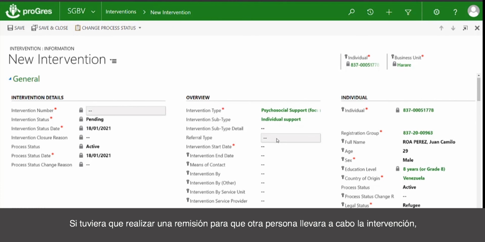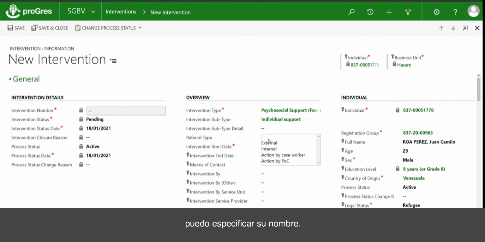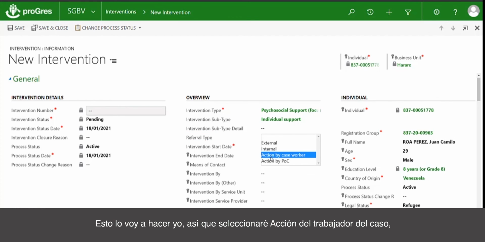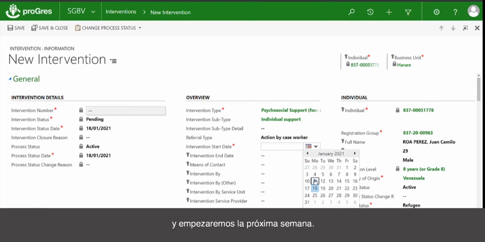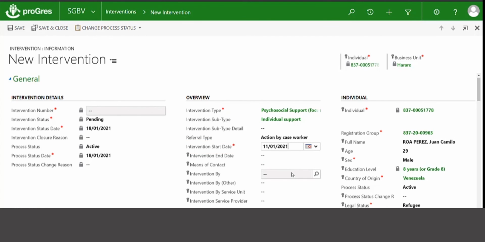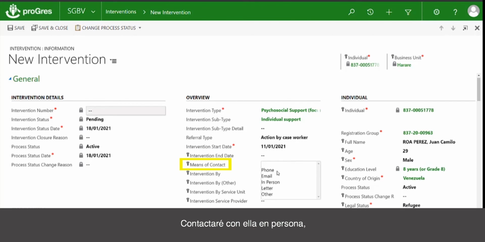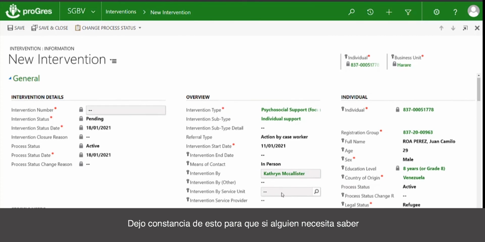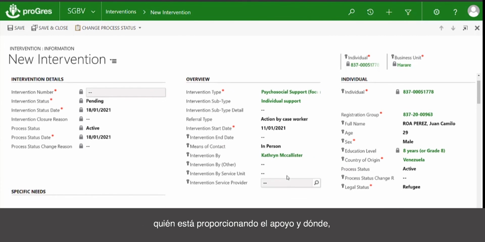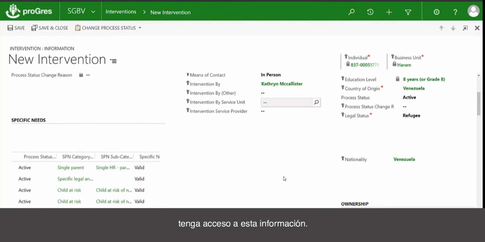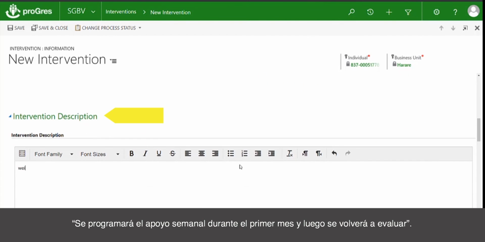If I was referring somebody somewhere else to do this, then I could also put who I'm sending this to, or this is going to be action by me. We're going to start this next week. I'm not going to put an end date because this will be weekly ongoing. I can contact her in person, not any other way. This will be by me. Basically, I'm just documenting, so if anyone needed to know who's providing the support and where, you can do. And then we'll